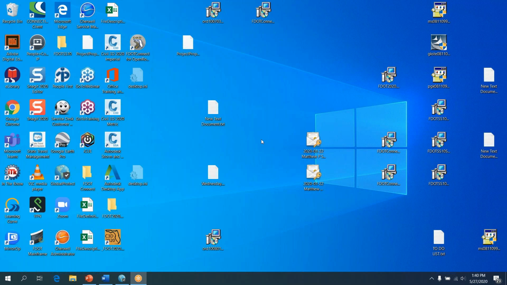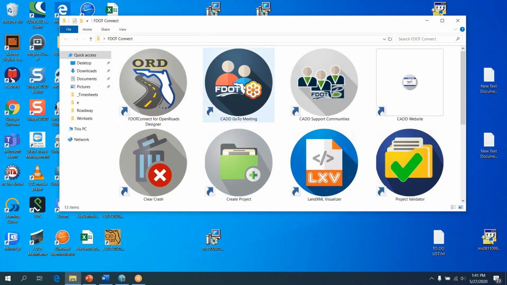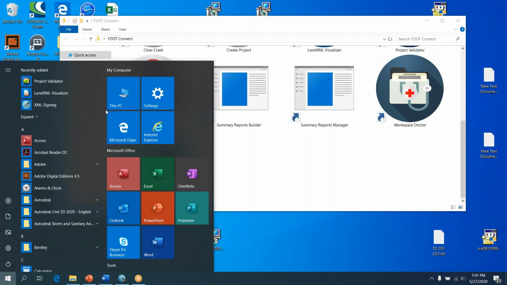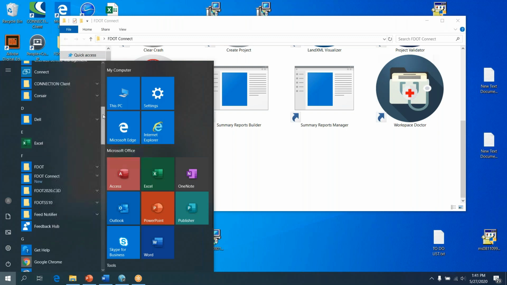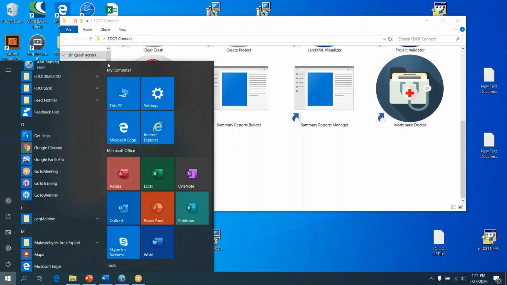Some of your 3D deliverables may be delivered as XML files, specifically like LandXML. To that end, the Florida Department of Transportation's CAD office has included with our FDOT Connect suite an XML signing tool. So you notice I just opened up the FDOT Connect folder on my desktop. This is also located in the FDOT Connect section of your Windows Applications menu. Come down here, you can see there is the XML signing tool